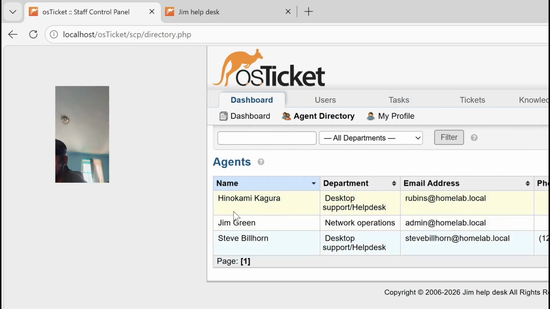They're both desktop support and help desk. Me, Jim Green, I'm the network administrator and the admin. Oops, it's dying. Okay. Let me plug in my